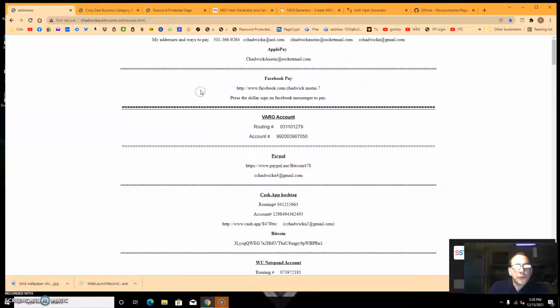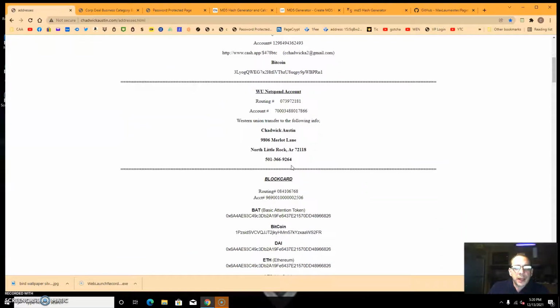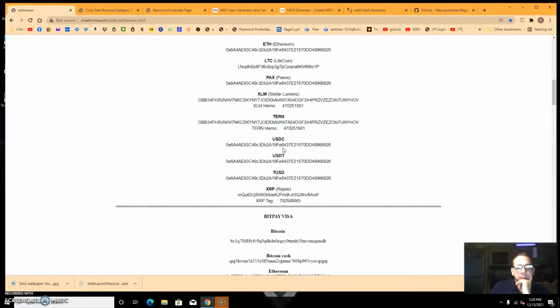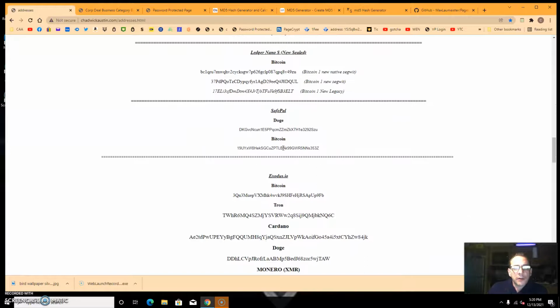I know there's other tools. There's a Google add-on you can use to be notified about changes in web pages and things like that, some add-ons. This has, for instance, my Facebook Pay address, my Borrow account number, routing and account number, my PayPal receive address, my Cash App hashtag, my Western Union NetSpend account, and the address they can send online Western Union transfers to. It also has my Block Card account, routing number, my BitPay Visa, my Ledger Nano S, and several other